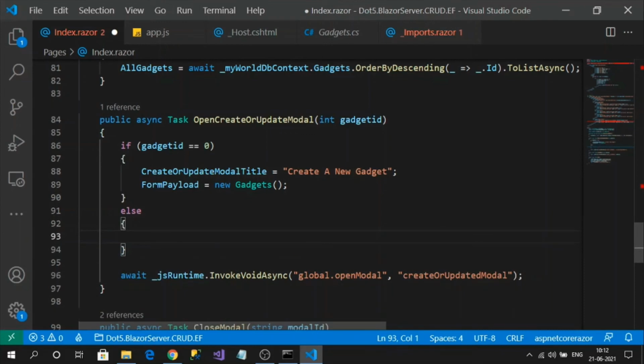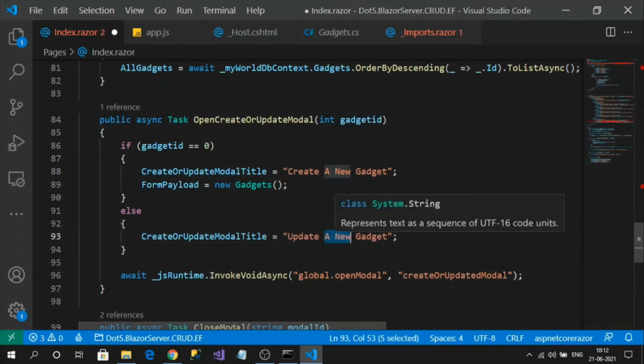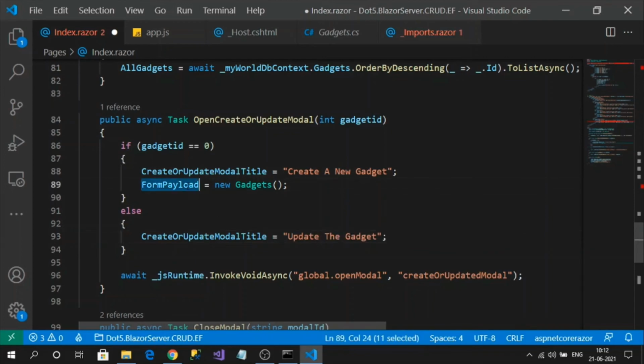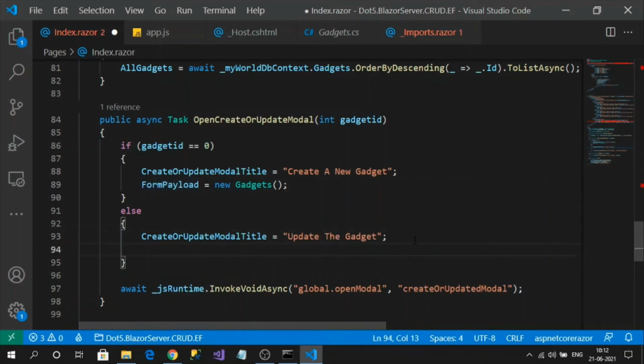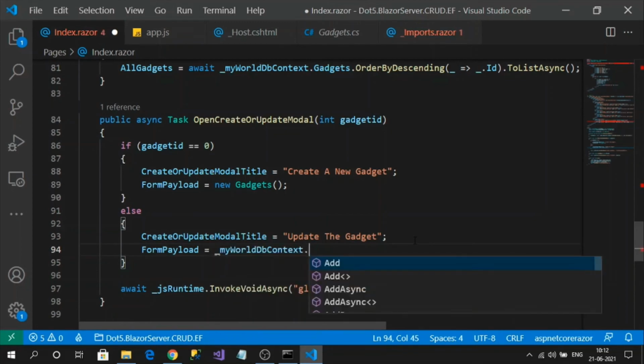At that time, what I have to do is update the title of my form, right? So this is my title, and the form fields I can also update now. See, now I use my DB context gadgets.